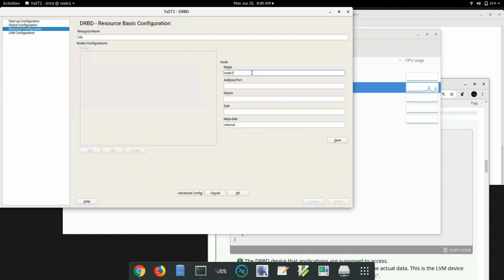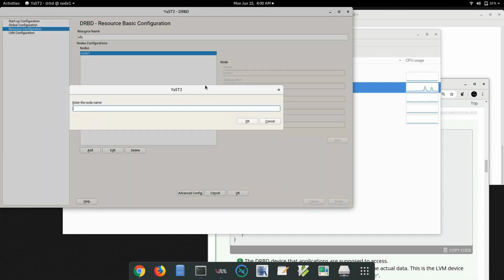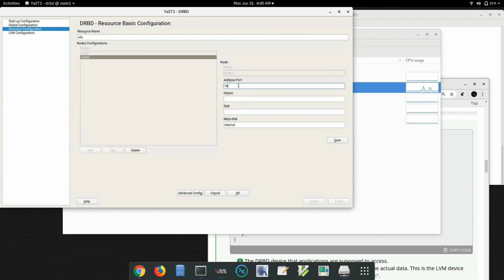So node 1: 172.17.11.121:7788, the device name is DRBD0, and this is the disk. Click add, go for node 2. 172.17.11.122, and this is the port number.